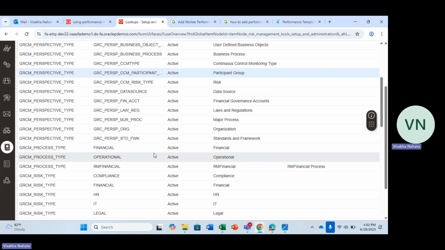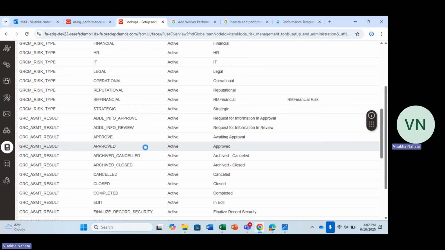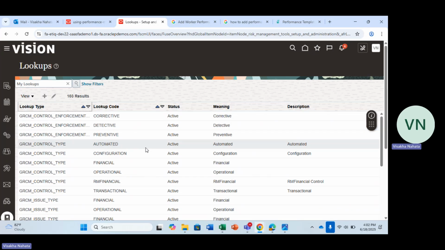We can add additional options if we want according to business requirements. This is the same for process, risk and control. So when we update the lookup values or the drop down values, we can create new options in the drop down values in the lookup tables over here.